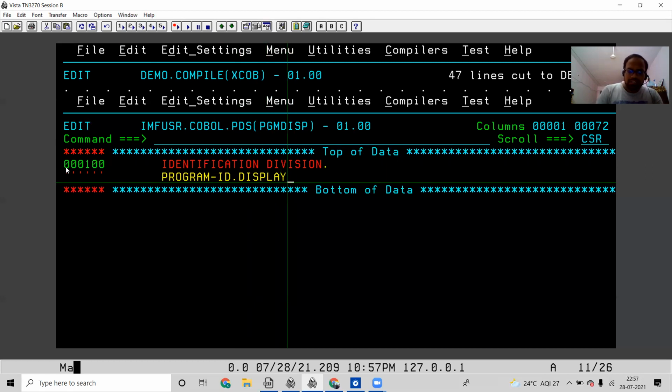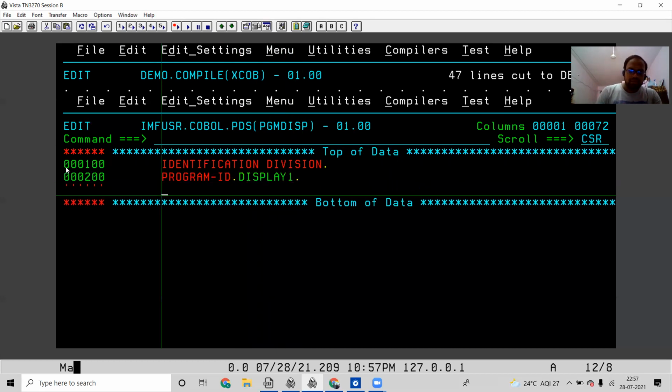Display 1, because see Usha, I cannot give display because display is a system defined word. We cannot give system defined word anywhere as we wish. Okay, so display 1, and after that we have working storage section.